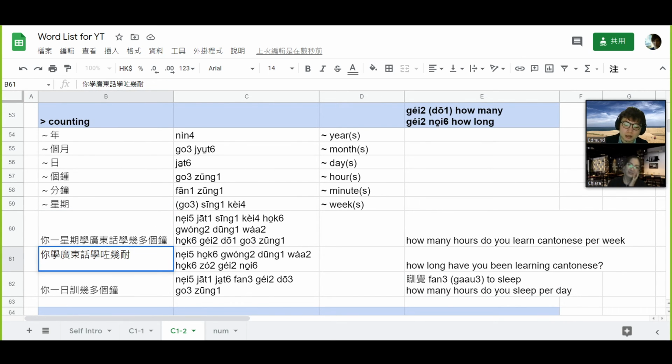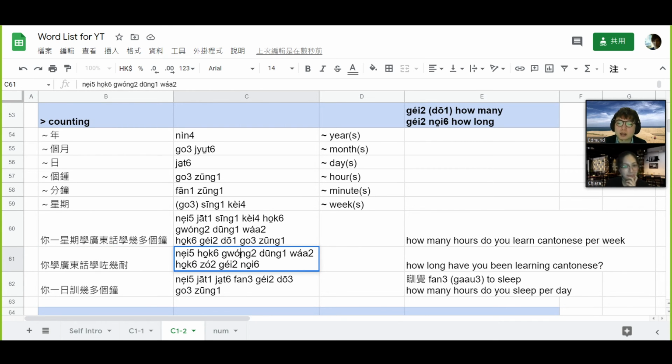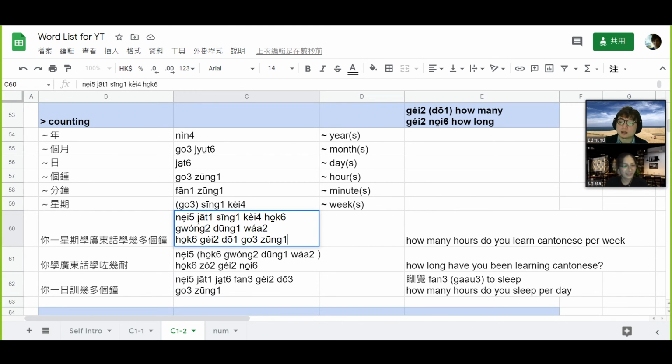Just want to explain a bit. In this kind of sentence, if your verb has an object, which in this case is 廣東話, right? 學 is the verb, and then 廣東話 is the object, the Cantonese language. If your verb has an object, then you have to repeat the verb twice. 你學廣東話學咗幾耐？But if you don't have an object, then you can skip all this part. You don't need to repeat the verb twice. So 你學咗幾耐？